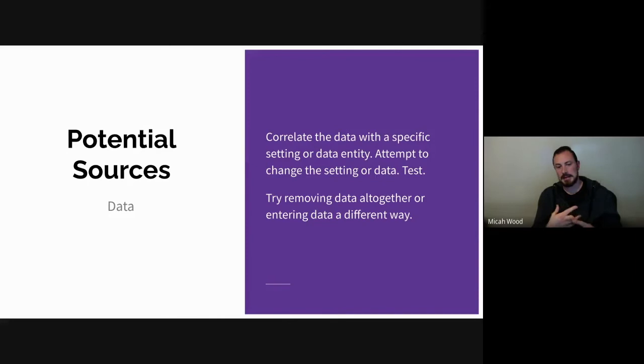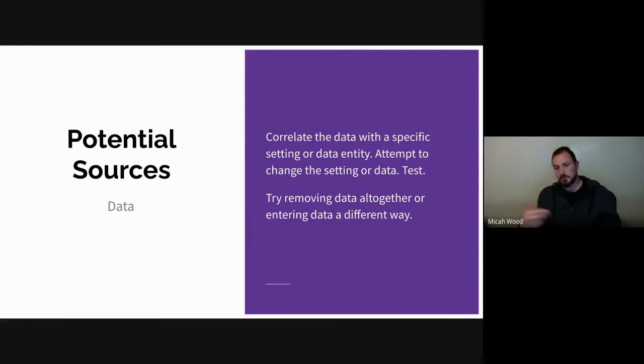These are all different data entities. If it only affects posts, or only affects pages, or you've got a plugin that adds events and it only affects events, while you might be thinking, oh, it's the event plugin that's causing the problem, it could just be that there's some setting in the events plugin that's causing a data issue, and simply updating that setting could fix your problem.